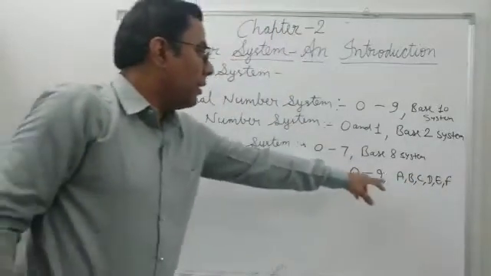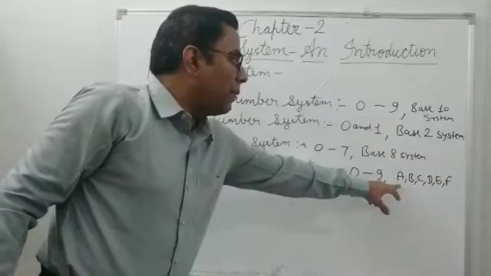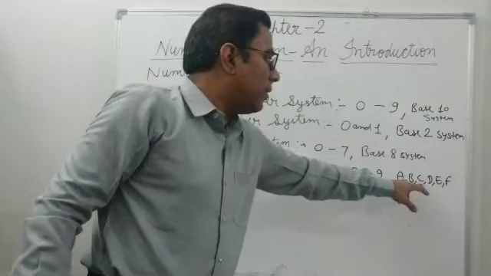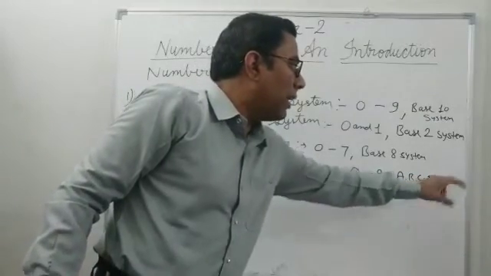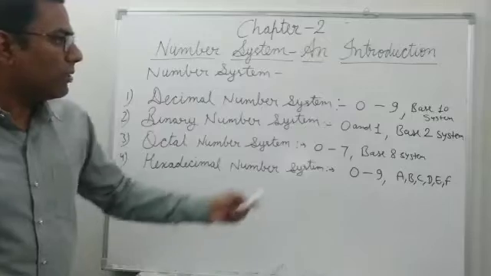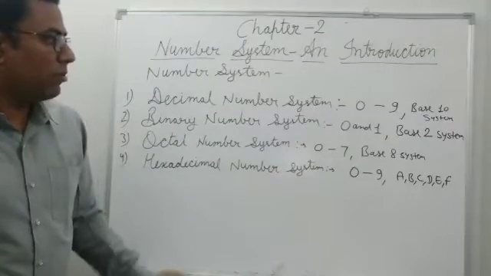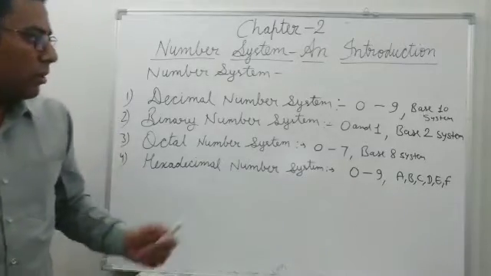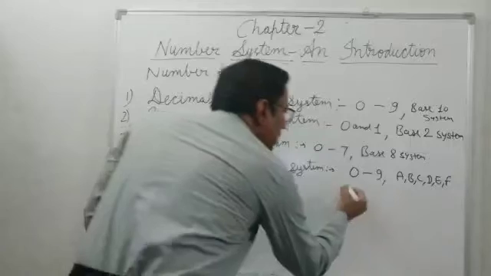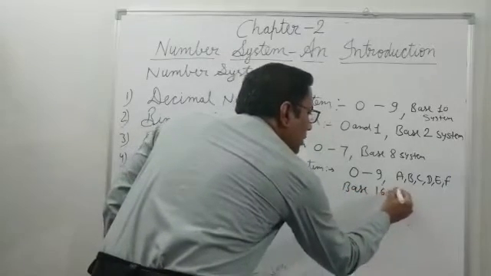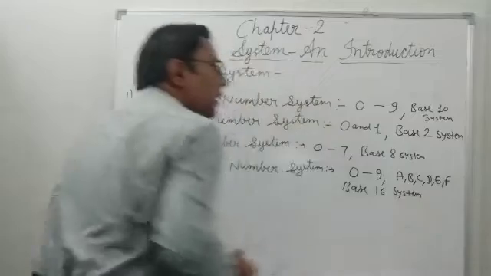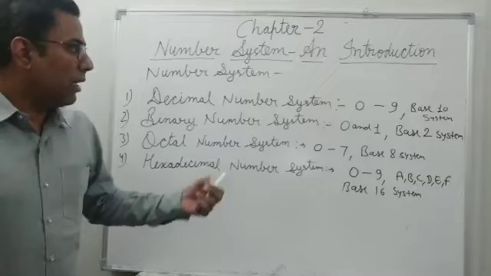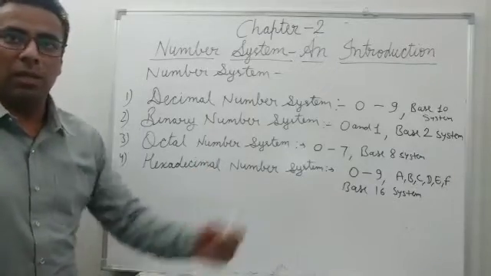Here, after 9, A represents 10, B represents 11, C represents 12, D represents 13, E represents 14 and F represents 15. So there are a total of 16 digits, 0 to 9 and A to F. So this number system is called the base 16 system, and this is also a positional value system,